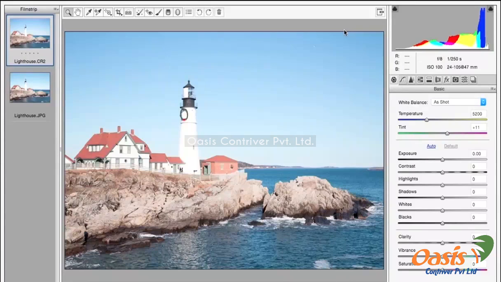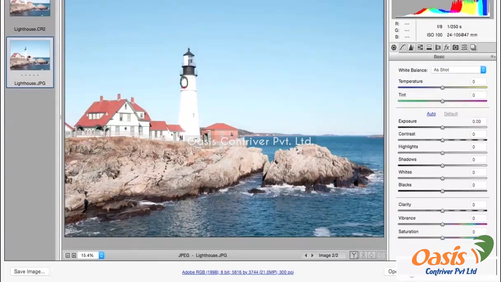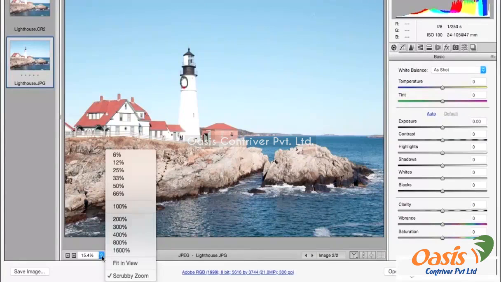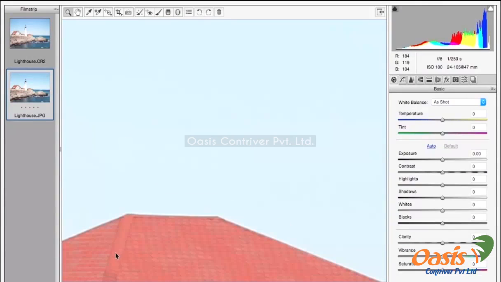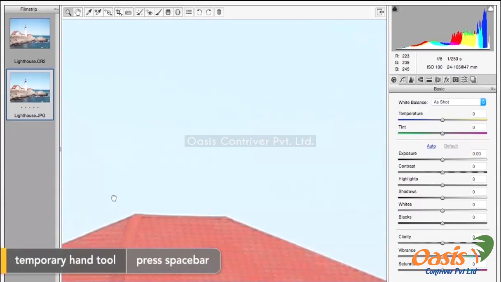Let's take a look at this example. Now here I have two images of the same scene, and I'm going to click on the thumbnail for the lighthouse.jpg. I'll go ahead and use the zoom options down here at the bottom, and I'm going to zoom in to 200%. Then I'll hold down the spacebar, and that will allow me to navigate over here to the brighter area of